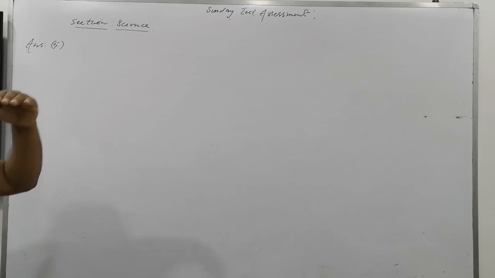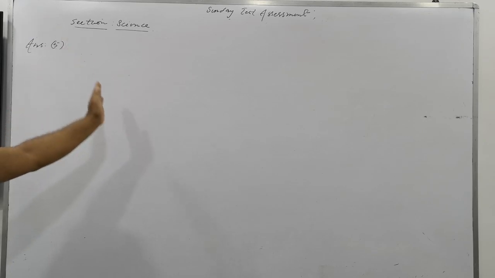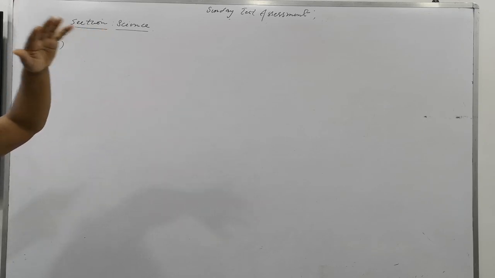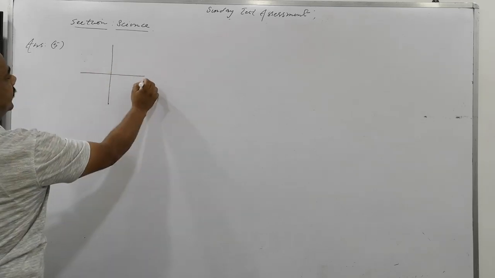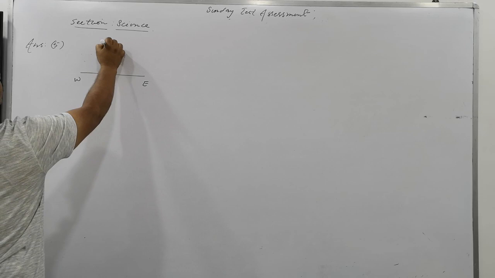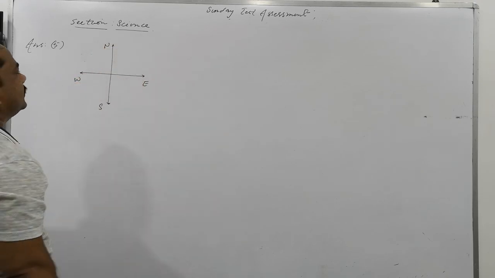I told you already, when this type of question is to be solved, your copy or board should have the direction orientation. It means where north is to be taken and where south is to be taken, like a map. This will also help you in studying geometry. When you see the India map, north is upside and south is down, east is right. It shall be east here, west here, and north and south. These are the directions to be taken by you.